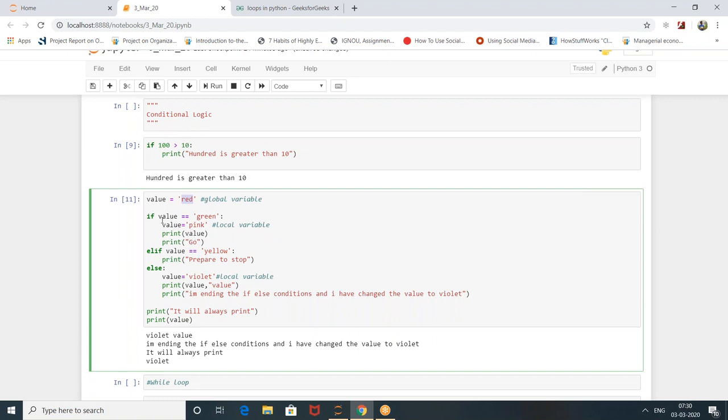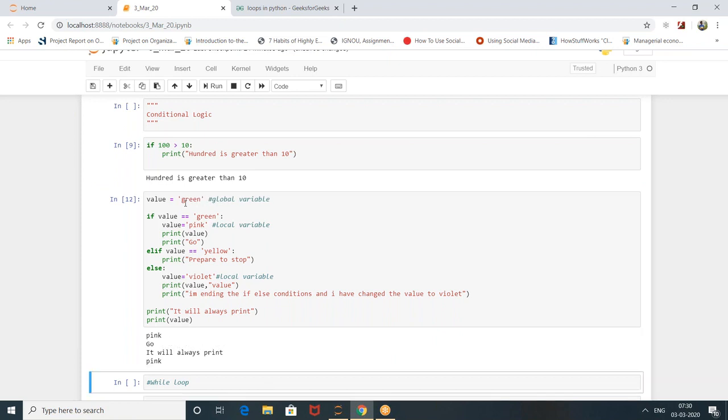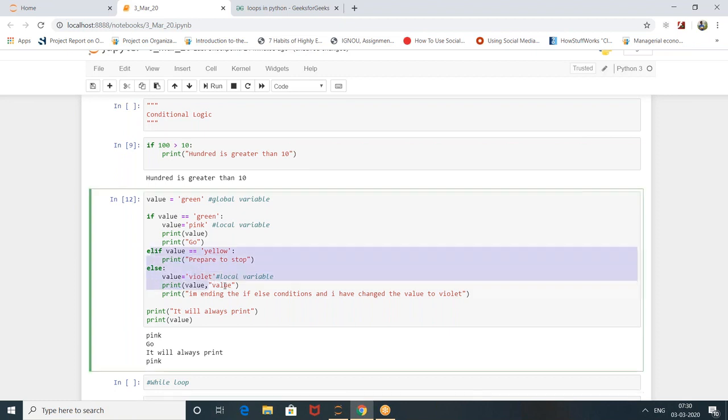Yeah, when it is passing only, it will go. Like if you would have put green, then the answer would have been pink. So if the condition is passing, it will not go into these two conditions. That's what I was saying. AI people are putting if conditions, it will pass. First condition only it passes.